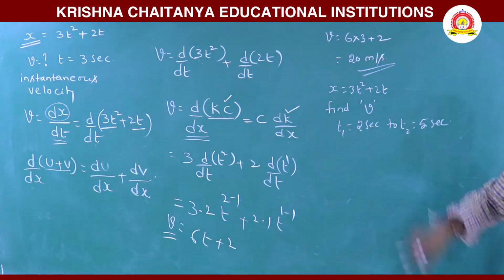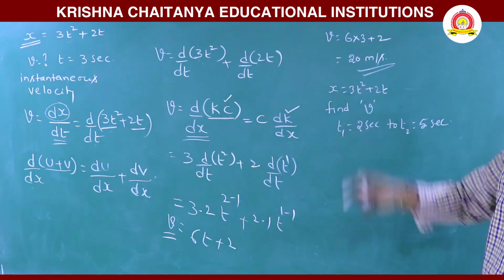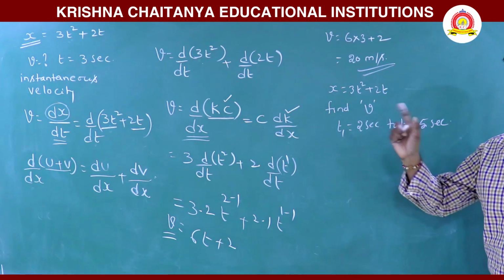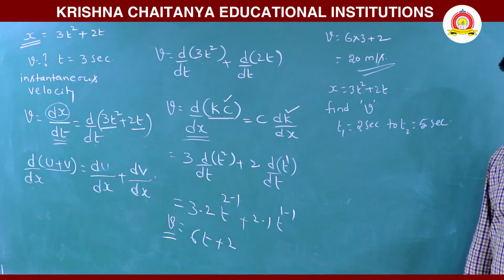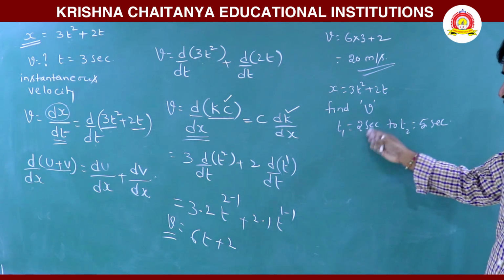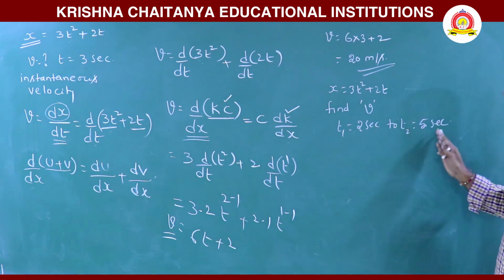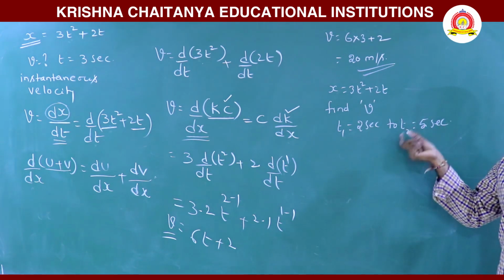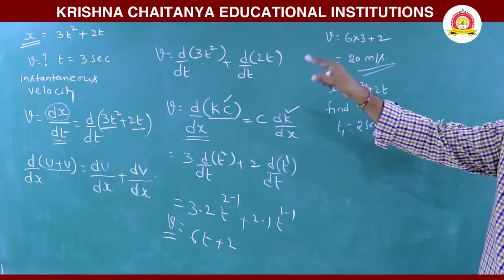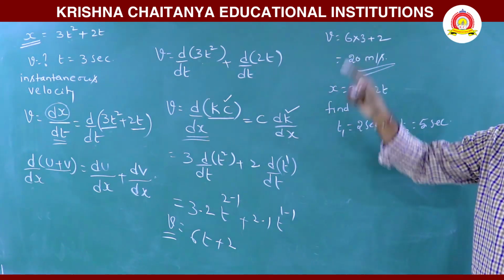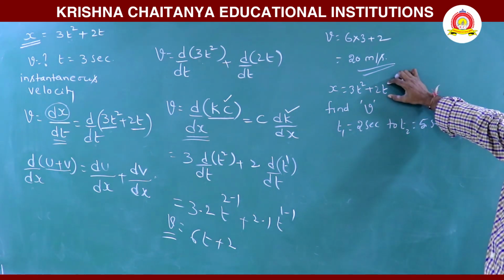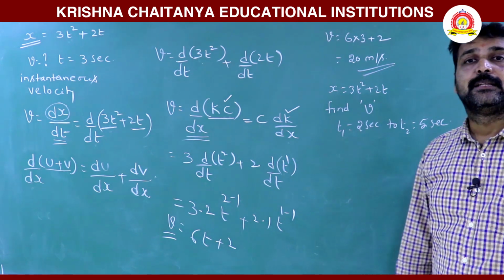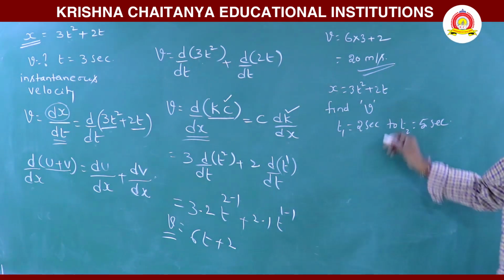The difference between the two problems is, in the first problem at any instant is given at any time, but here time interval means time changes from 2 seconds to 5 seconds. Here 3 seconds is the interval. There 3 second is the instant time during third second at 3 seconds. Okay. Now for the same problem, if you are asked to find velocity, then that velocity is average velocity.